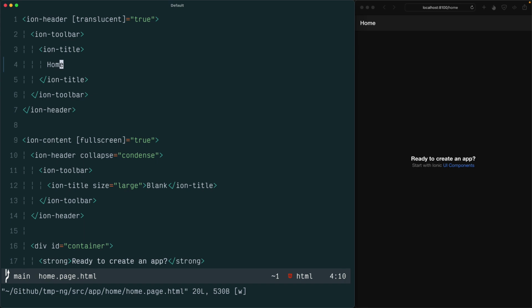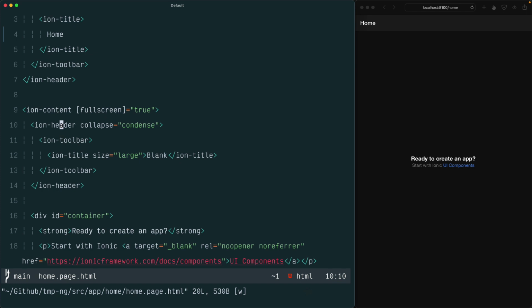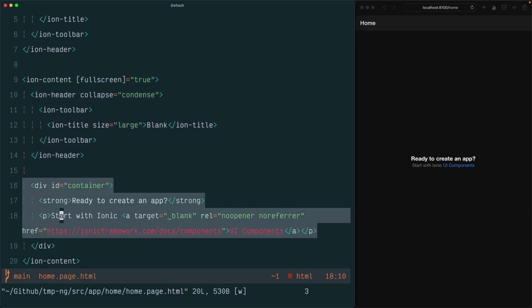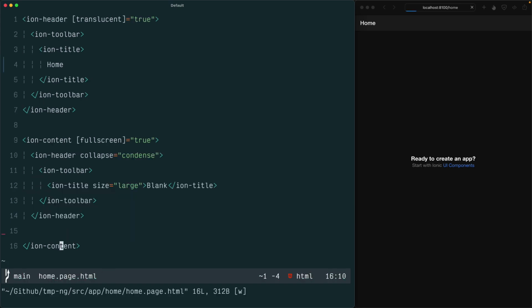and then it'll automatically refresh the browser page with the new content. We have the second header in here, which is maybe a little confusing, but again, don't worry, we're going to show what this does. And then we have the content that we are rendering out in the center of our app. So we have ready to create an app and a link out to our component doc. So let's delete that for now, save,